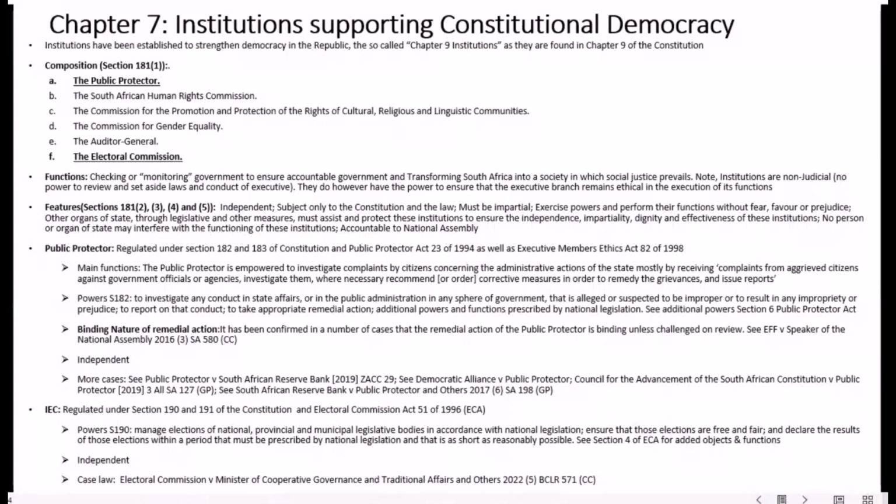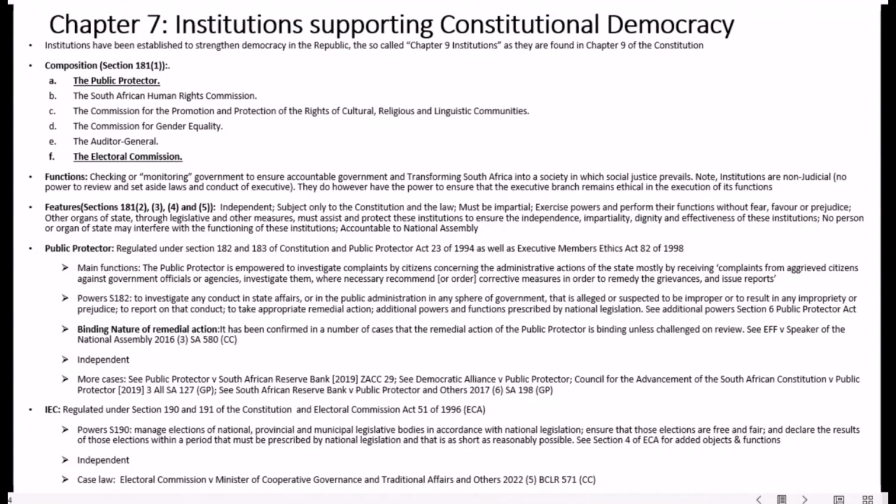And some of their features, colleagues, they have to be independent. They are subject only to the Constitution and the law. They must always act impartially. They exercise power and perform their functions without fear, favor, or prejudice. Other organs of state, through legislative and other measures, must assist and protect these institutions to ensure the independence, impartiality, dignity, and effectiveness of these institutions. No person or organ of state may interfere with the functioning of these institutions, and they are also accountable to